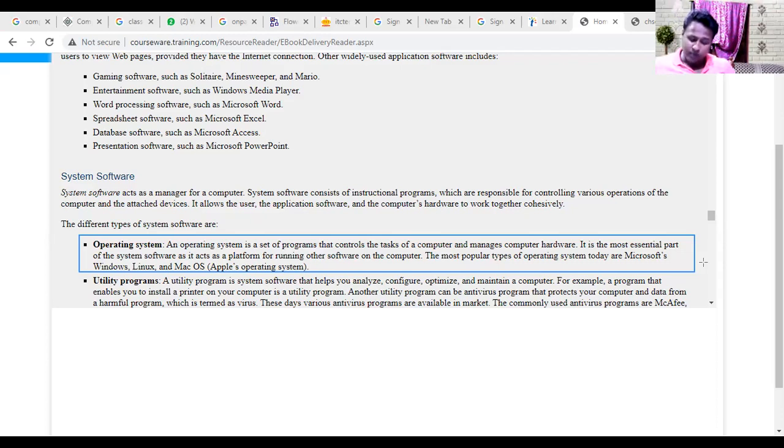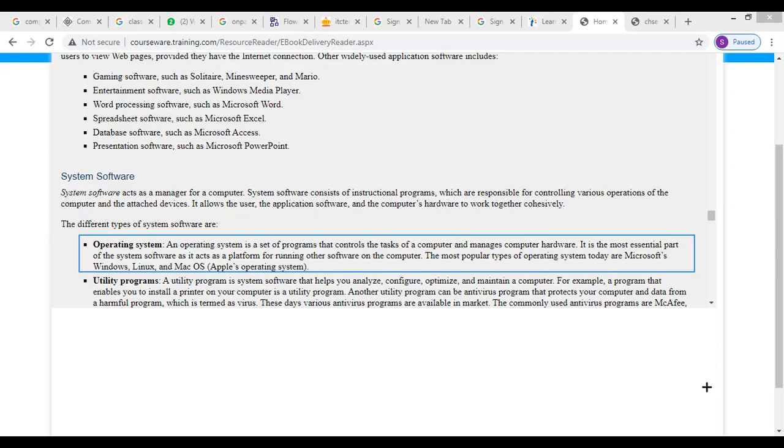It is stored in the computer hard disk. Next point: it is the first program to be executed on a computer.